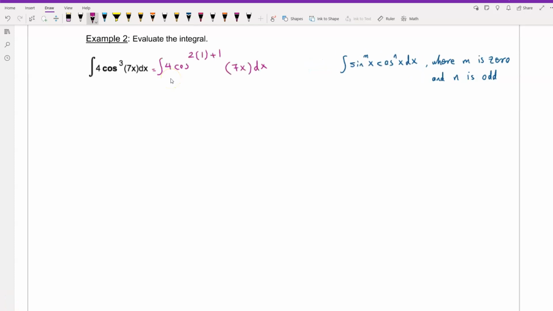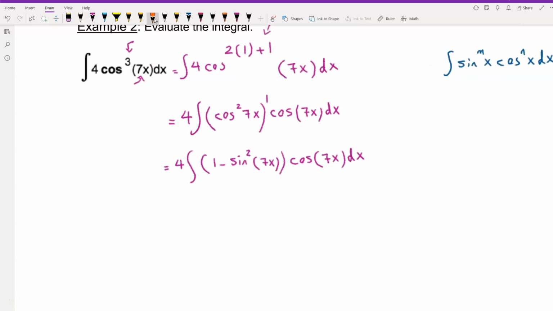So our integral is equal to the integral of 4 times cosine to the power of 3. For our power we have to use 2k plus 1, and what we have for power is 3, so that means k is 1. So 2 times 1 plus 1, this part is 3, and then what we have here is cosine of 7x times dx. So moving 4 outside of the integral,